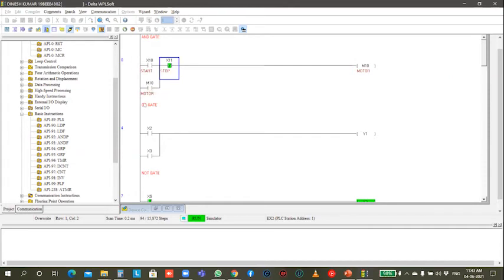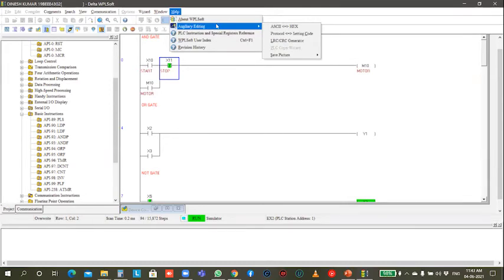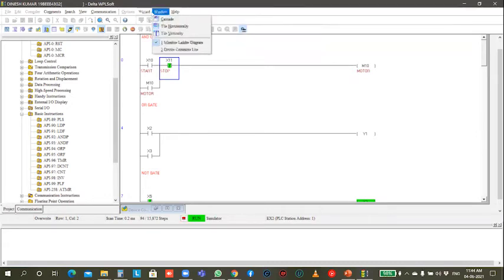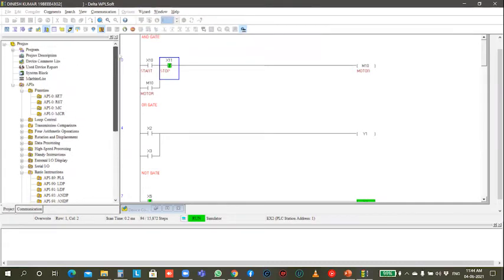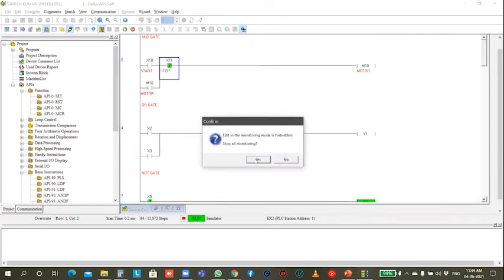There are a lot of instructions here, like timer, counter, move instruction to move one data to another, and arithmetic operations like addition, subtraction, multiplication, and comparison to get a result in a particular processor. You can see the unit indexes, or you can see the manual here. You can just download the software. I will send you a link of the software, so you can download it and go through these function diagrams and see what instructions are available.